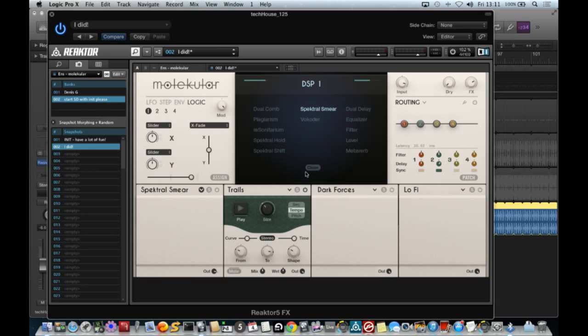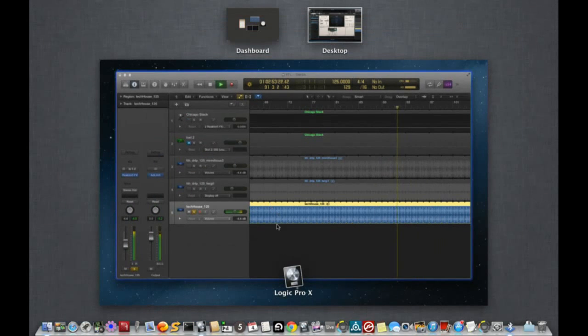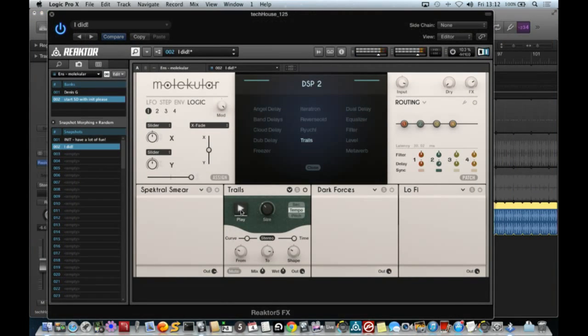We've also got a number of different effects here on effect slot 2. So effect slot 2 is delay based and buffer related effects. Okay, so Trails is a pretty cool plugin, where essentially we can start to do, let me just put the mix to 100%, so you just hear the actual sound of the effect. And again, something I'd really encourage you to get your heads around to start with, just put that mix to 100% and then you can hear the actual sound of it. So if I press play on here,